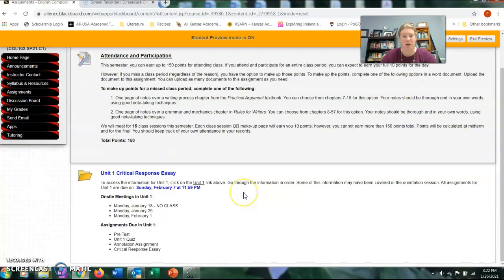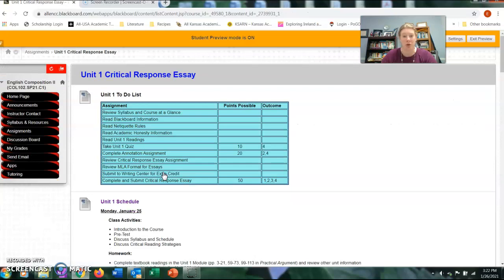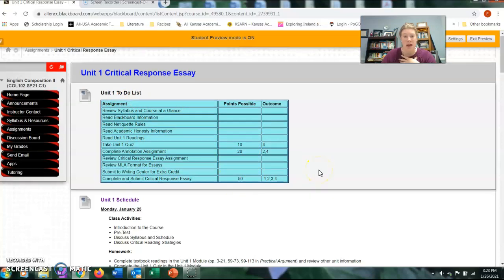So you can see there's only one unit open right now, and this is the one that I want you to get into before next class period. So I'll just kind of go through it with you. It always starts with a to-do list, so you can see what you should be working on and in what order you need to do them. Obviously assignments that are worth points will be over here on the side, and then